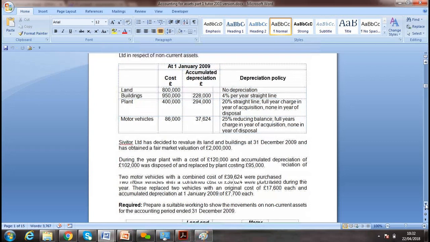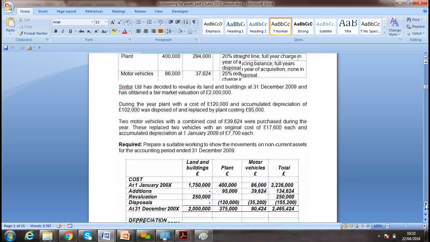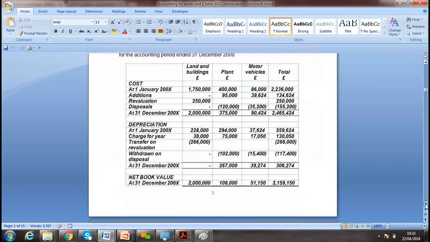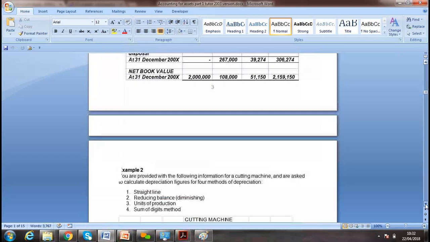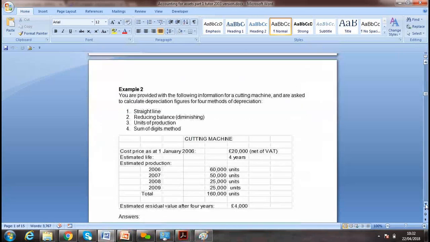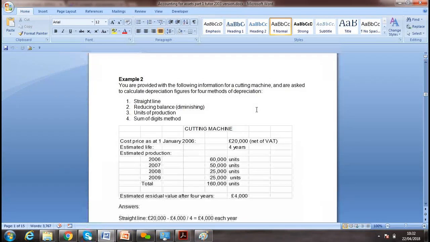Okay, so I'm going to pick the next question, yours. We will do it simply, at this level. So we have an example here, example 2. We have a cutting machine and we need to calculate the depreciation. We have different methods of depreciation. Here we have 4 methods. One is called the straight line method, the same depreciation every year,